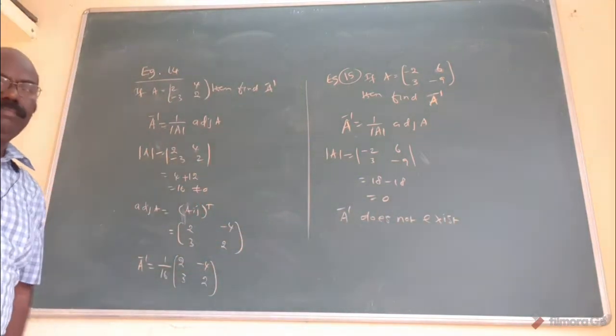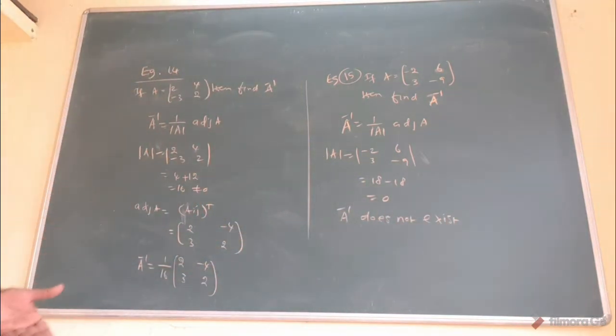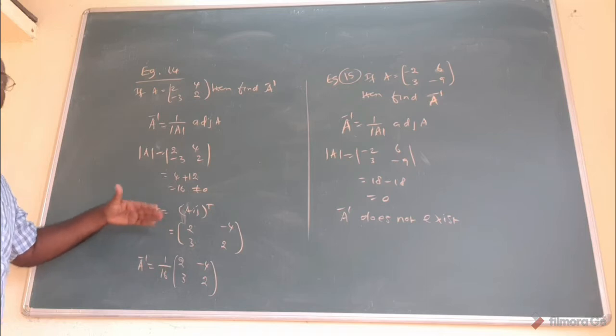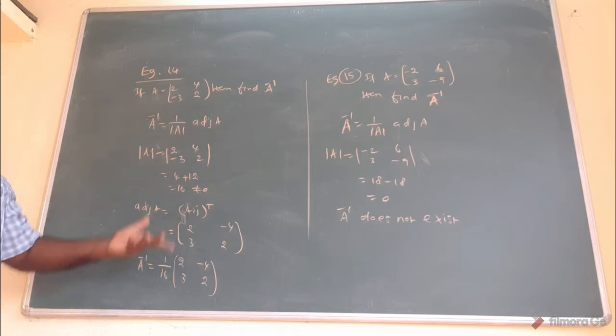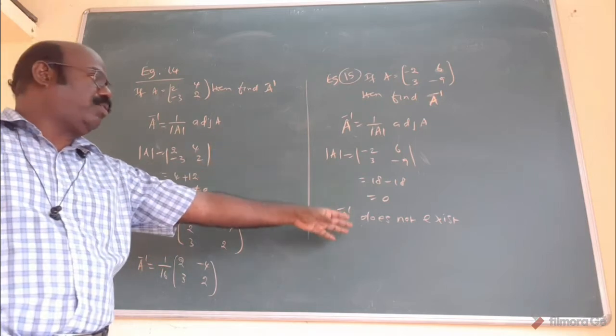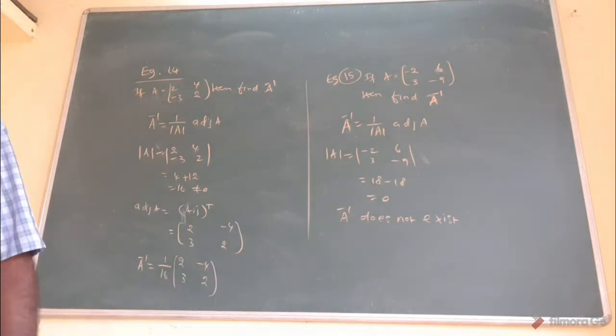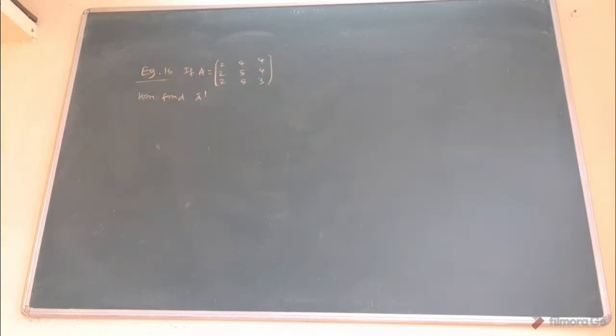Maybe in 2 more questions, you need not find adjoint. Need not find adjoint. Up to this, the determinant is equal to 0. That's why the inverse does not exist. If it is not equal to 0, then you will find adjoint. Substitute determinant A value and adjoint value in the formula. Otherwise, it is 0, that's why A inverse does not exist. That is the answer. That's all.